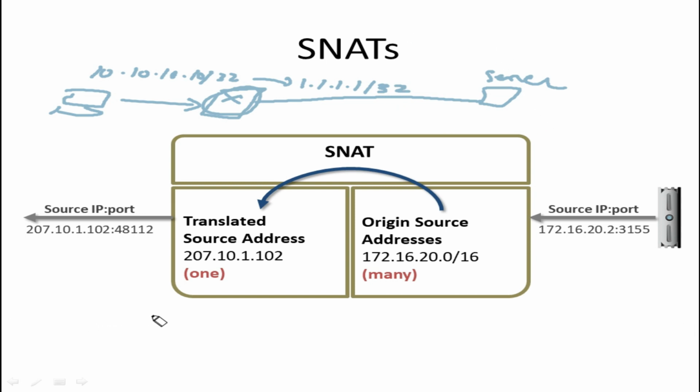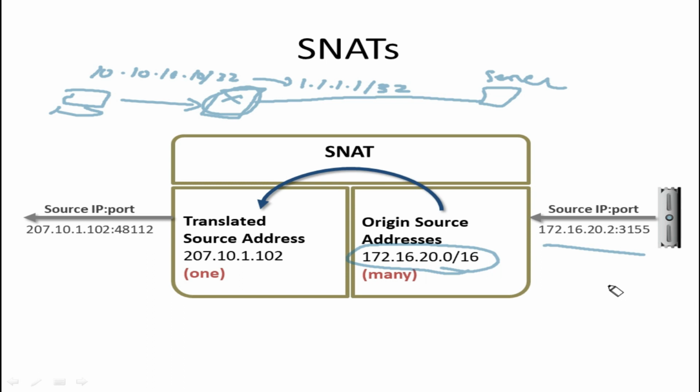But here in this diagram you can see the source IP address is 172.16.20.2. We can see that this range is a bit much. It is a class B IP address, which belongs to the private IP range. If you are not aware of the private IP range, you can just surf the internet and look up what the public and private IP ranges are. You will come to know for each and every class: A, B and C.